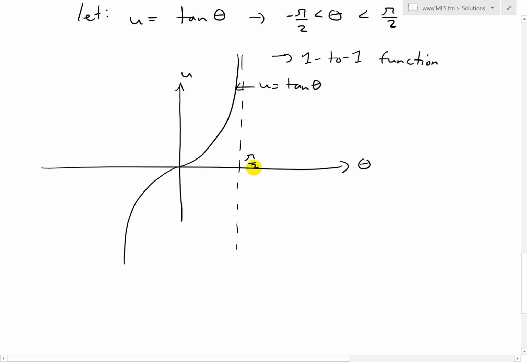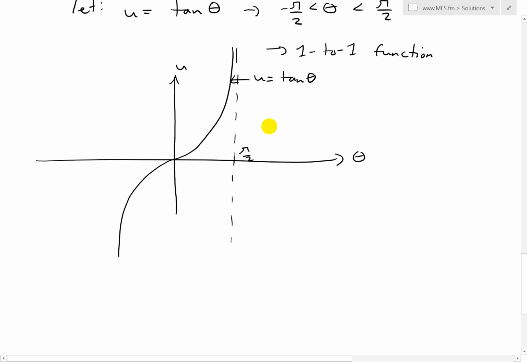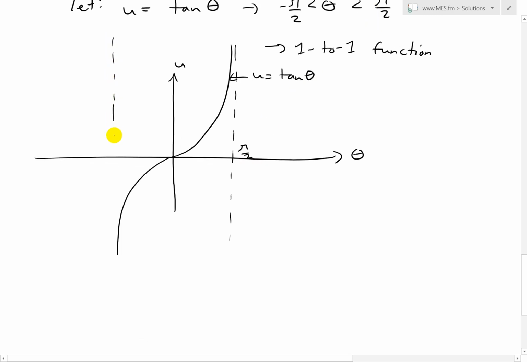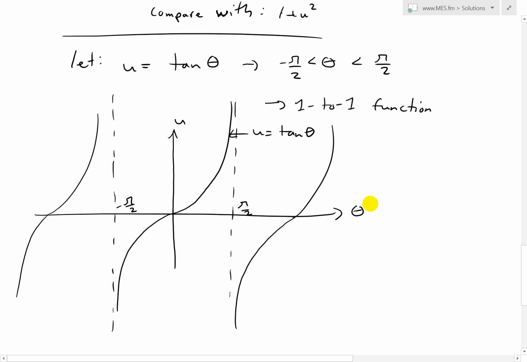So there's an asymptote here, that's why we have less than pi over 2, and an asymptote all the way across here at negative pi over 2. And it's periodic like any trig function, so it just keeps on going and going like this. So you have another one, and you have another one like that. It keeps going on, and then we have to make sure it's one-to-one, so we define it between these intervals,